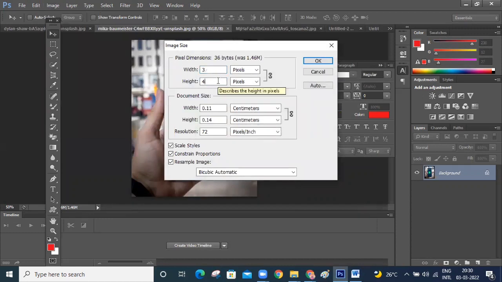Here I'm unable to remove this lock. The lock symbol is there, no? Yes, I'm removing this lock. Lock is not removed. One minute, I have to remove this lock.